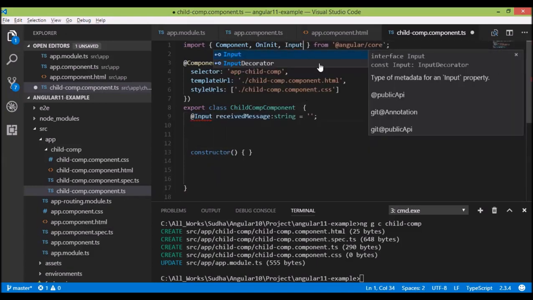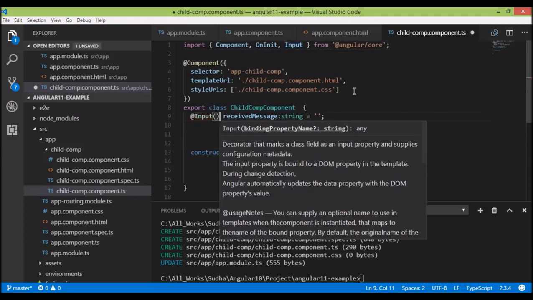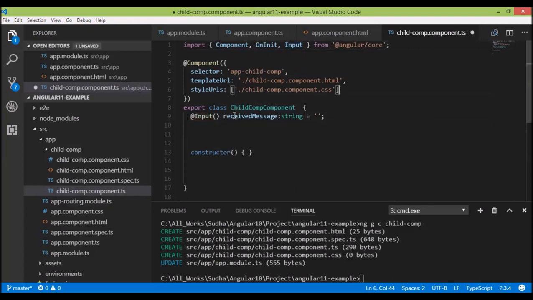It is available in my core library, so component input. Okay, code is okay. So I'll receive the data into this variable from my parent component.